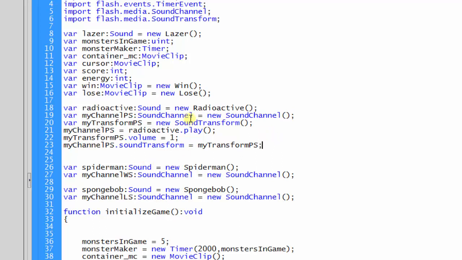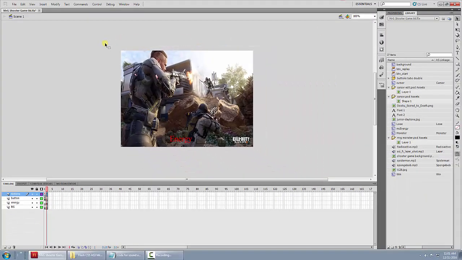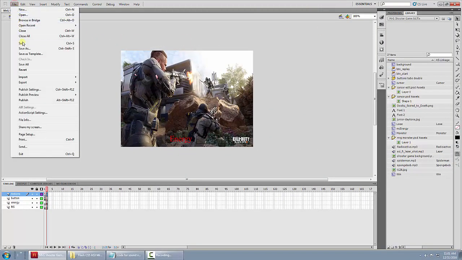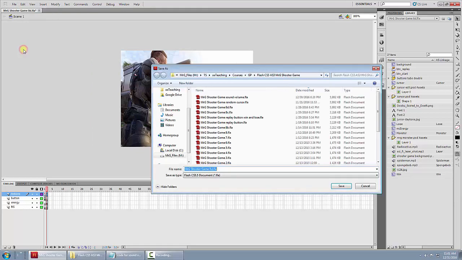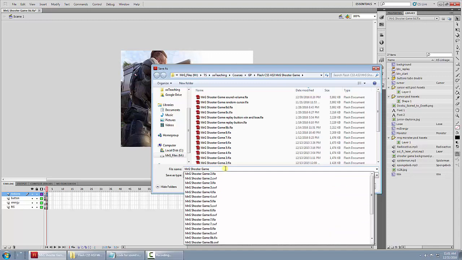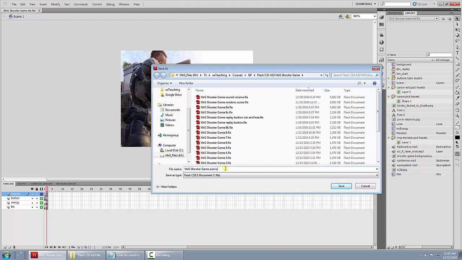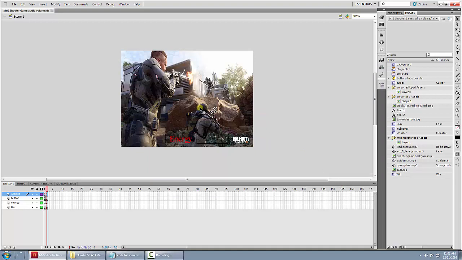So now I should be able to adjust the volume of my radioactive song. So let me close this out, and I should have done this even before I got started. Hopefully you guys remember, but we all sometimes forget. But before I play it, I'm going to give it a new name. And since I know now I'm adjusting my volume, I'm going to call it Mr. G Shooter Game Audio Volume. And save that in the folder where I've saved everything else. And then now if I play it,